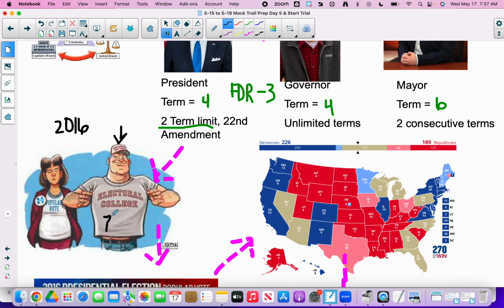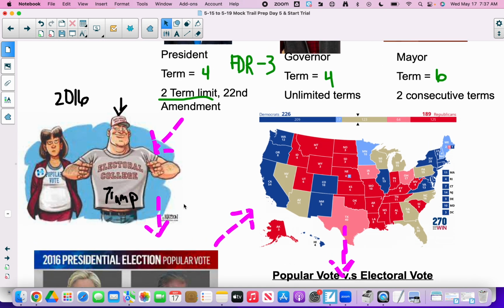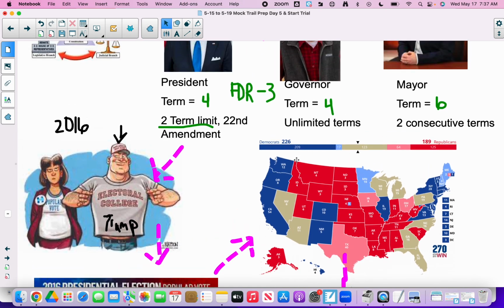2016 Trump. He won because he won the electoral vote. So something we need to remember or learn today is that the electoral vote determines the office of the president. So over here on this map, we have different numbers. We referred to this map a lot, the Electoral College, and the fact that these numbers differ because of a